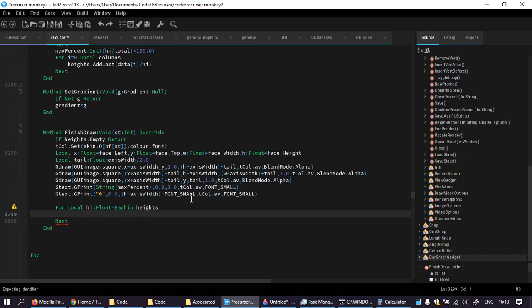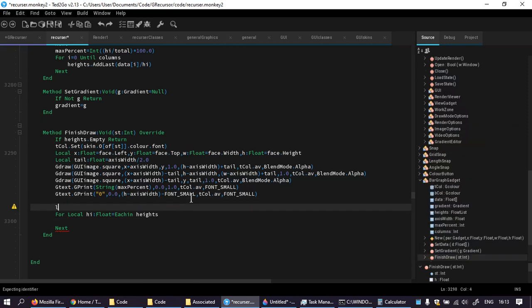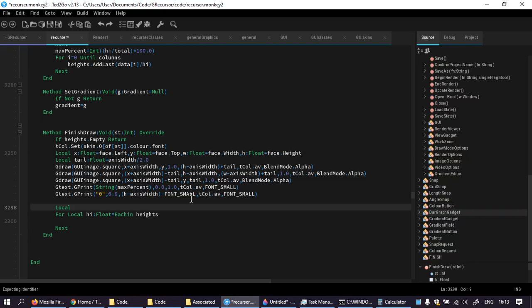Now, I want to go through each height, but there's another couple of things I want to do first. Which is,